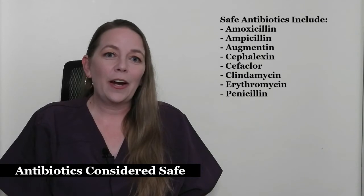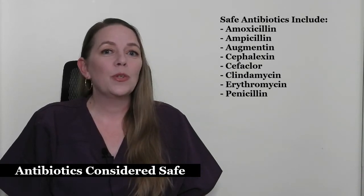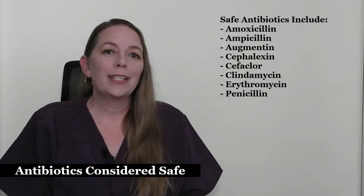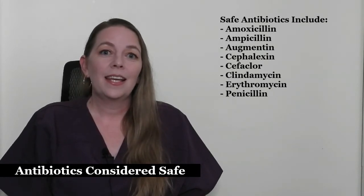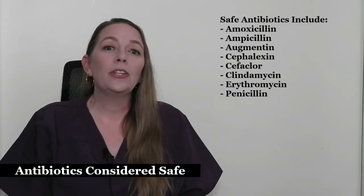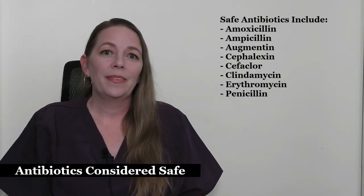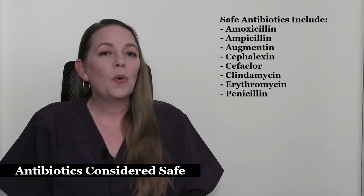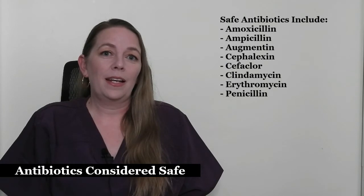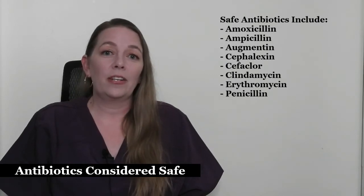This is not the entire list of safe antibiotics for use during pregnancy. Your healthcare provider may need to prescribe a different antibiotic that is not on this list. That is because they have determined that medication would be better used to treat your infection. This does not mean that medication will harm your baby. The risks are still very low with most antibiotics, and the risks of not treating the infection to the baby